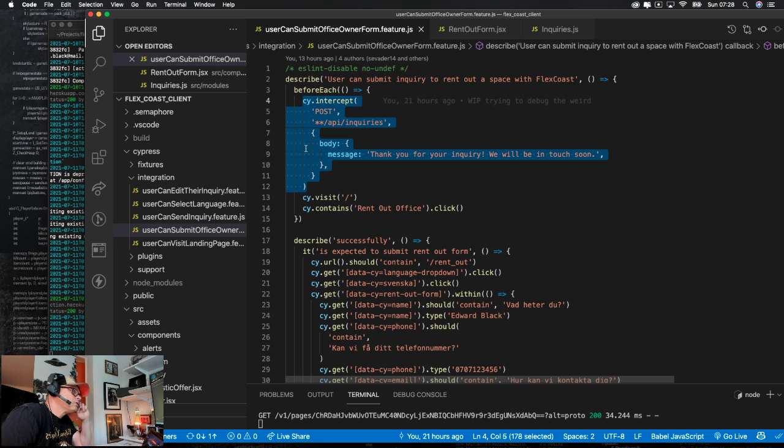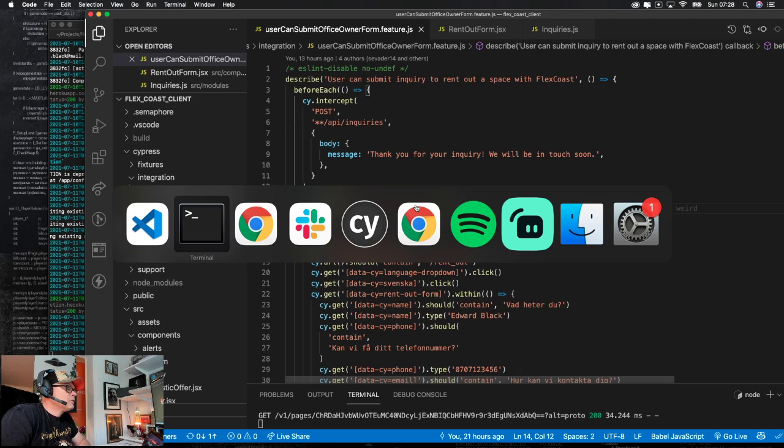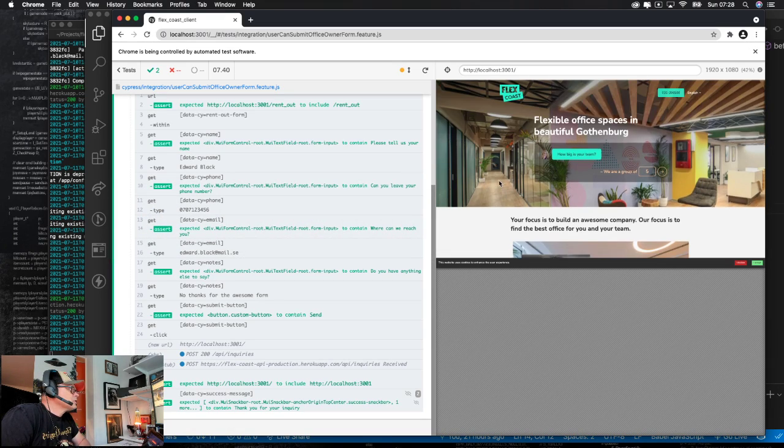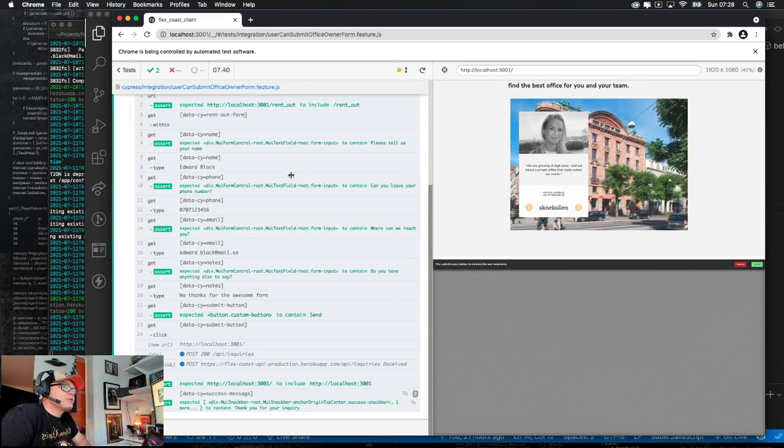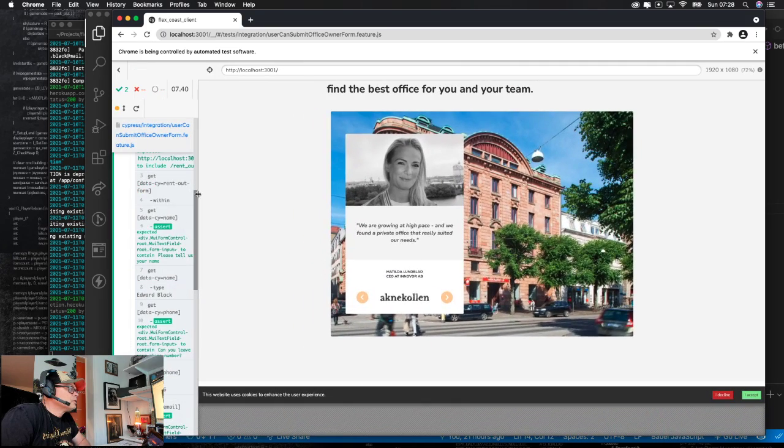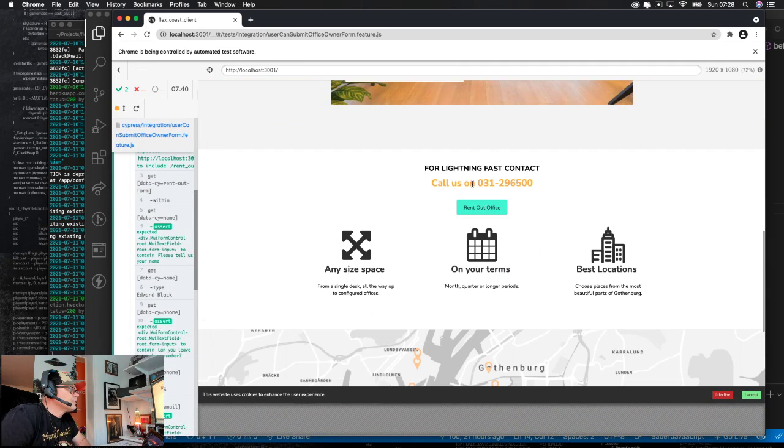Not sure why we are doing this here, but we are hitting the root path. We are clicking on the rent out office button, which is, I assume, this one, rent out office, rent out.